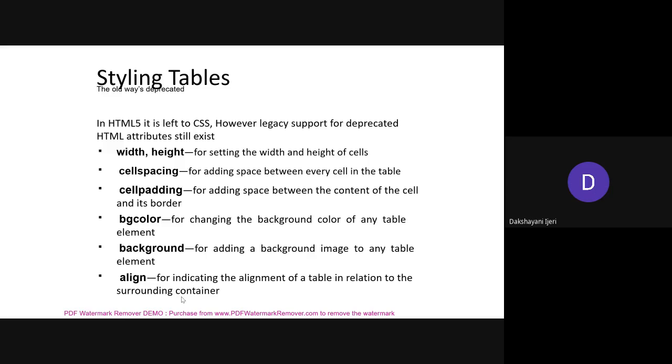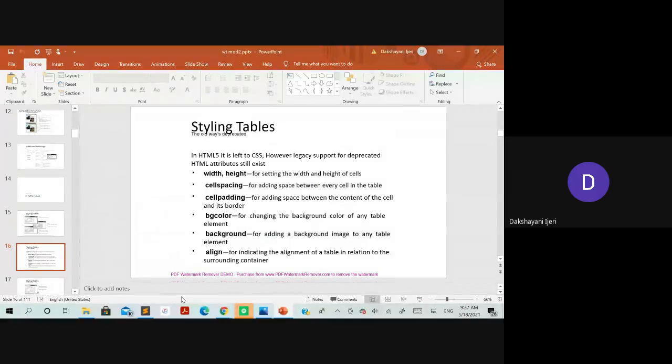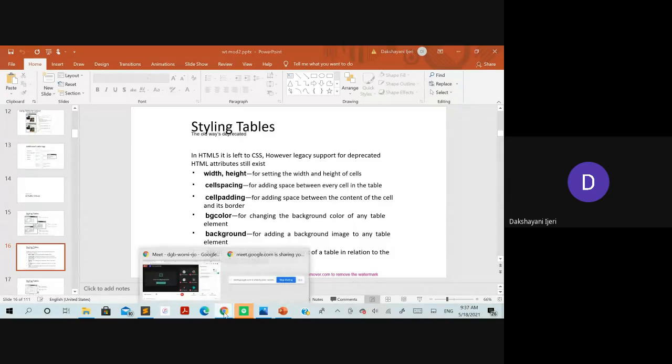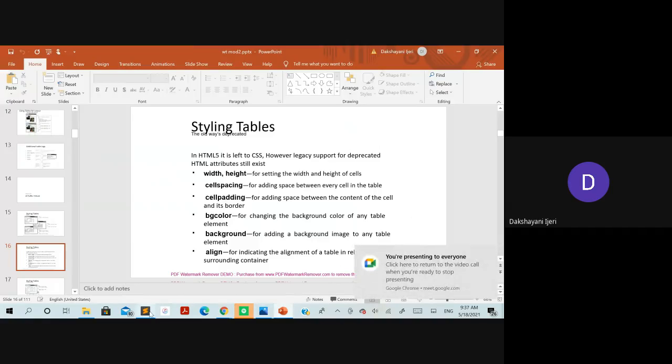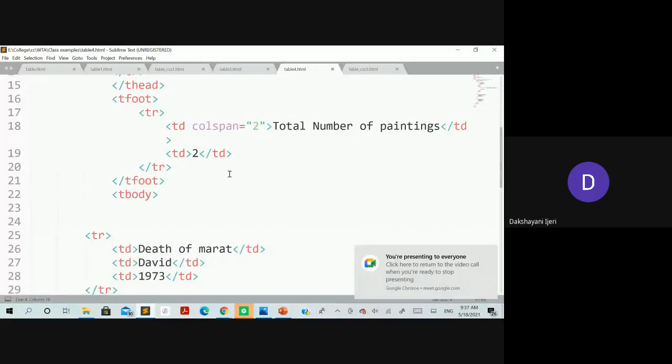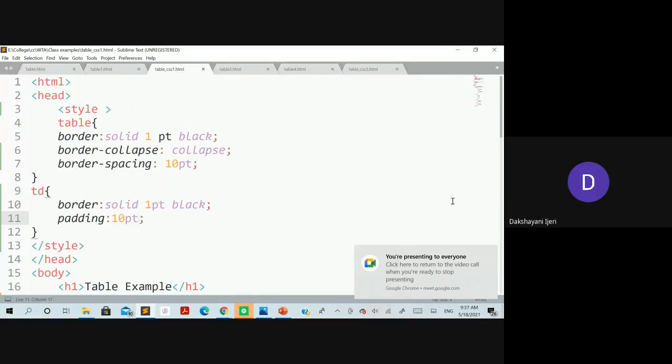Okay, so now we'll see all these examples in execution, and how they make a difference.